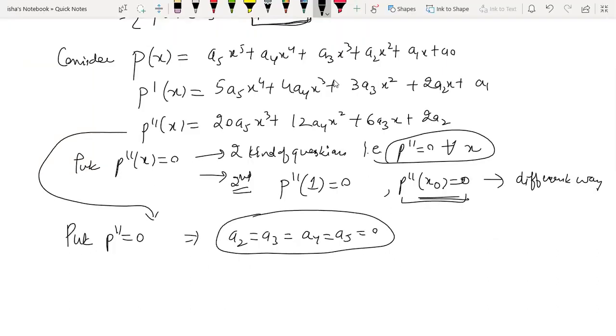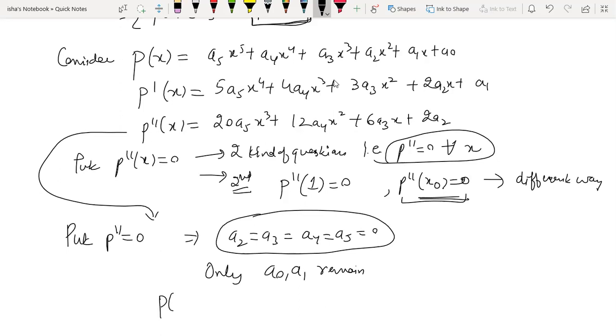So we were given p double dash is 0. Using that, we were supposed to find some expression. So this is the simplified expression we got. We got all these coefficients 0. So that means only a0 and a1 remain, because no condition has been coming on a0 and a1. So they can have any value. Rest 2, 3, 4, 5, those are 0.